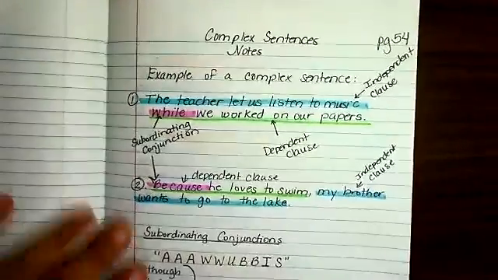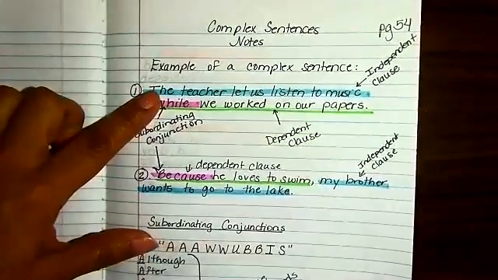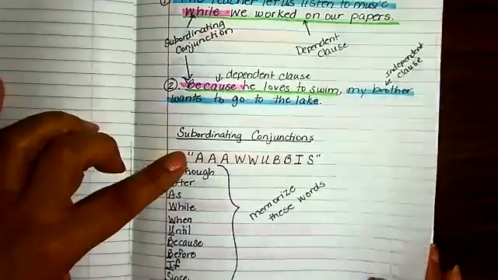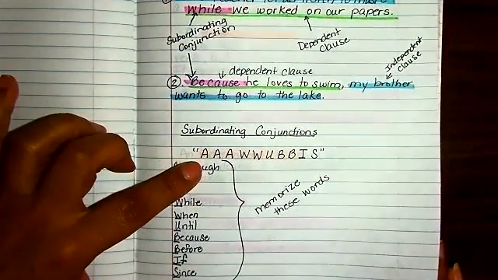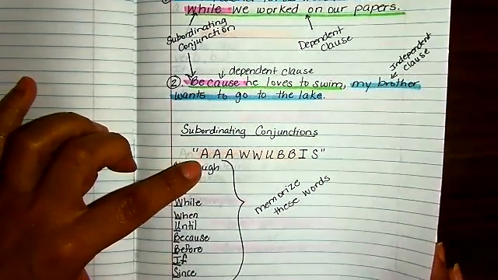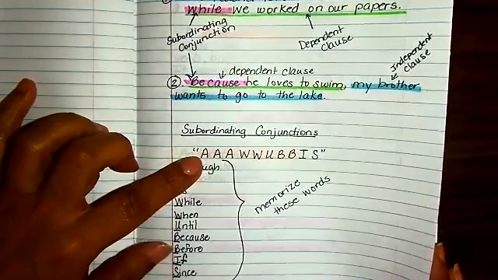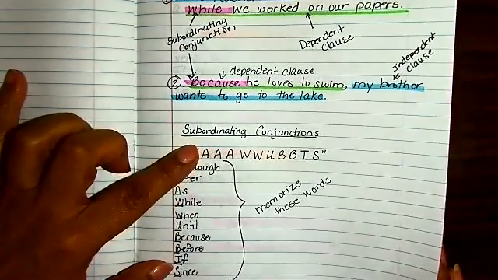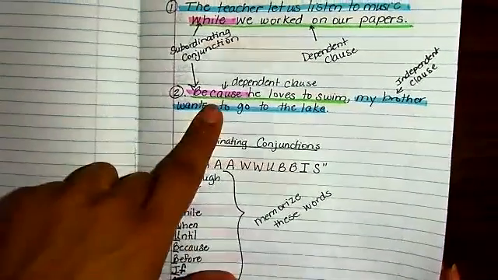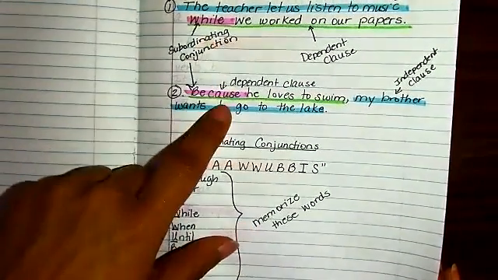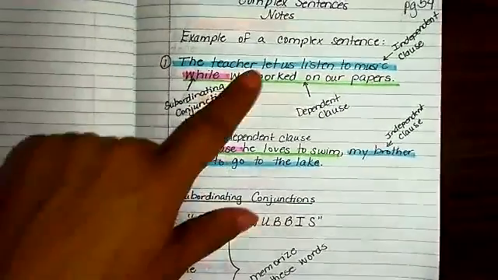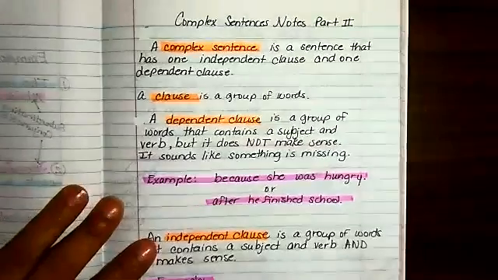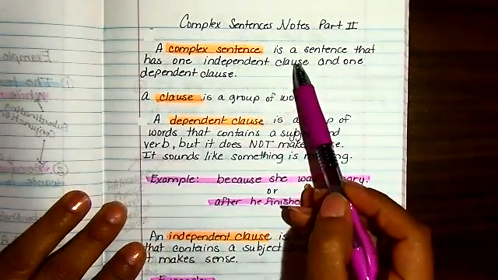Yesterday, I went ahead and taught you 2 ways to write a complex sentence, along with the words that you have to memorize that spell out the word or the fake word, awubis. And these words are also called subordinating conjunctions. These are the words that glue together an independent and a dependent clause to create a complex sentence. So your next notes, you are going to have three important